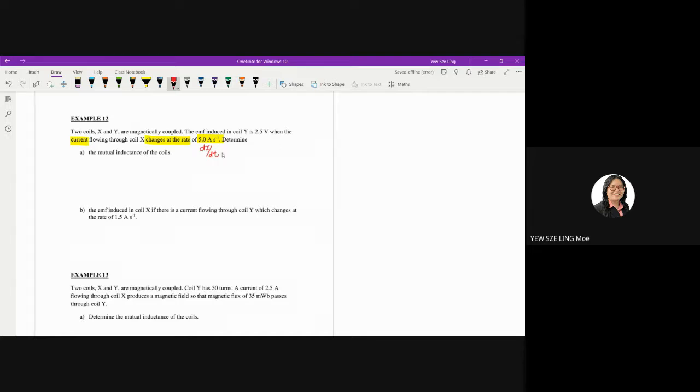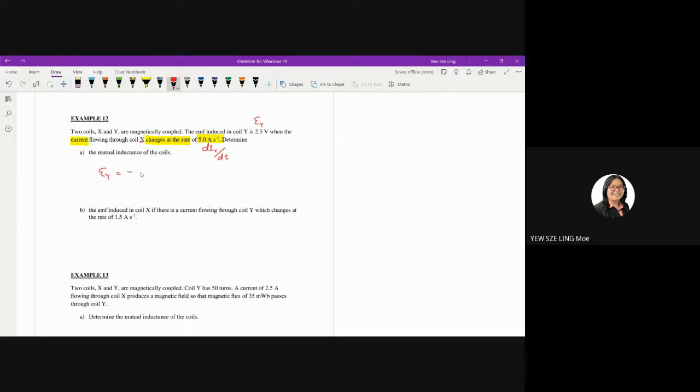So what you have is the EMF induced, the induced EMF in coil Y. Calculate the mutual inductance of the coil. Now this one, the current flowing in X, I'm going to rewrite it. It should be dI_X over dt. So for the mutual inductance of the coil, EMF_Y equals